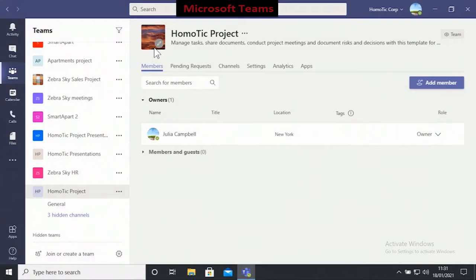At the top right corner of the central workspace is a privacy icon, which indicates if the team is a private or public one. If I hover over the icon, a pop-up appears stating that the channel content is only accessible to team members. To edit the team's information, I'll click on the three dots to the right of the